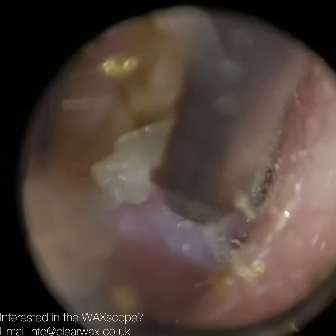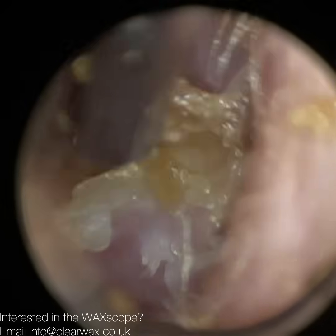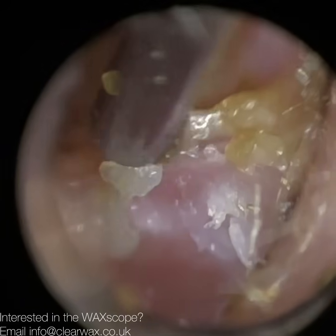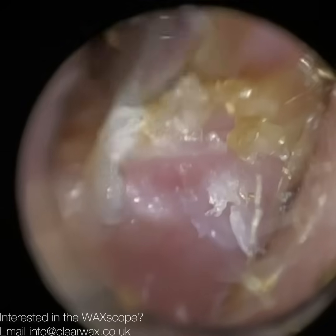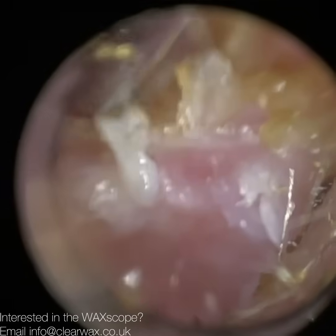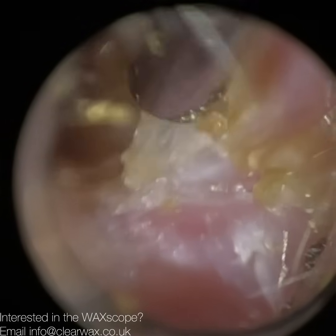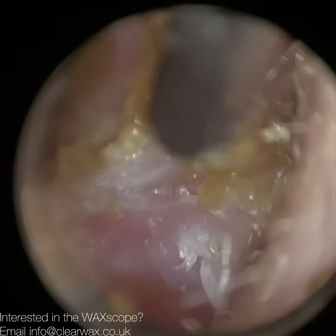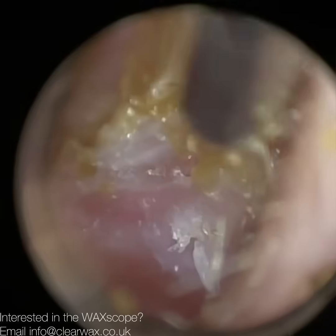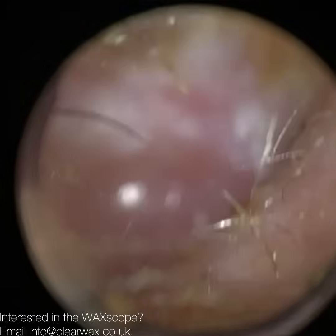Surgery can be performed, and I think what ENT surgeons do, they try to revascularize this area. So they use the temporalis muscle to build up the area. So they kind of patch this area up, basically. If you have a pothole, your local council will fill it with tarmac. So here you're filling it with a muscle graft, and then you're harvesting some periosteum, which is the sheath that